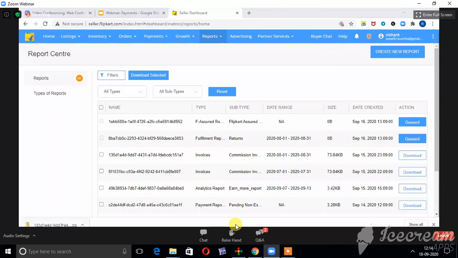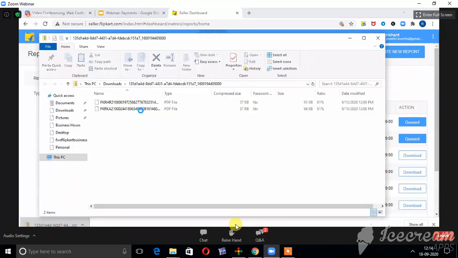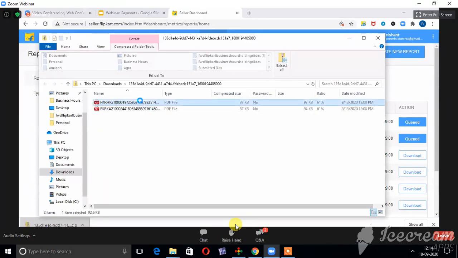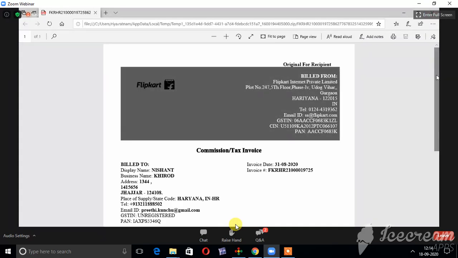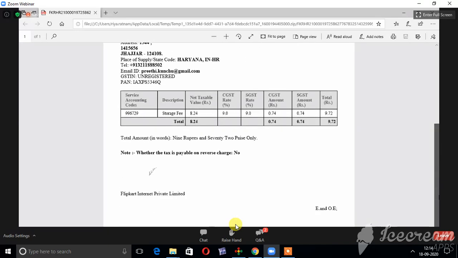So you can click on this. This has been downloaded, and from here you can check out your commission invoice. So this is how the commission invoice is made.